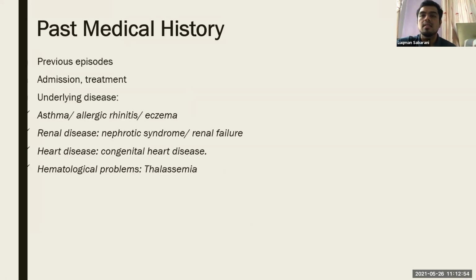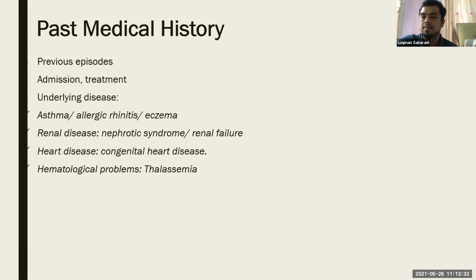Next, after taking the history of presenting illness, we proceed with the past medical history, where we need to ask about previous episodes of breathlessness, any history of admission and treatment given due to breathlessness, and we need to assess for underlying disease. For example, if the patient has a history of atopy, such as asthma, allergic rhinitis, and eczema, renal disease, for example nephrotic syndrome or chronic kidney disease, heart disease, for example congenital heart disease, and hematological problems such as